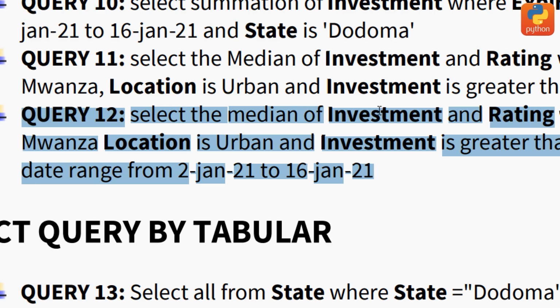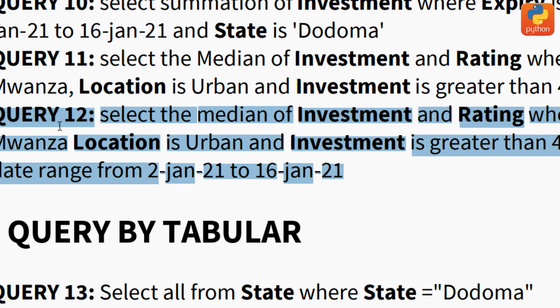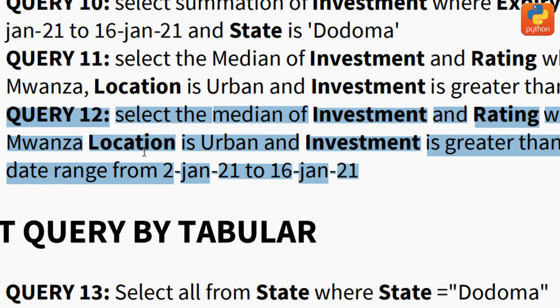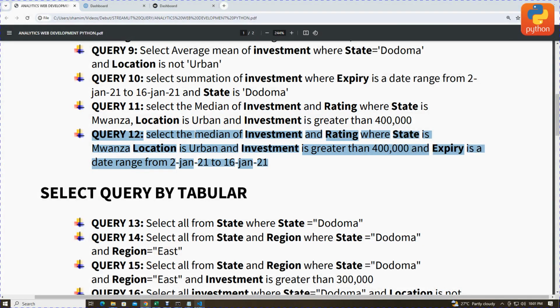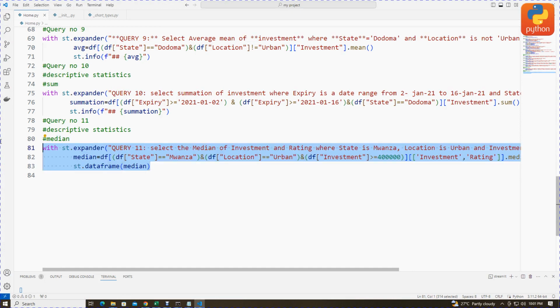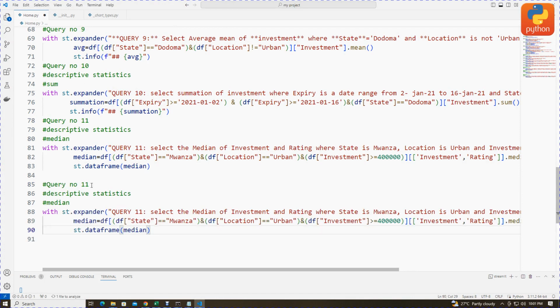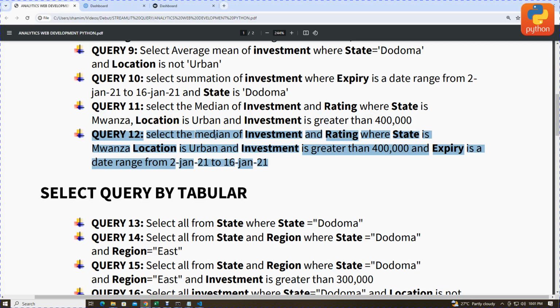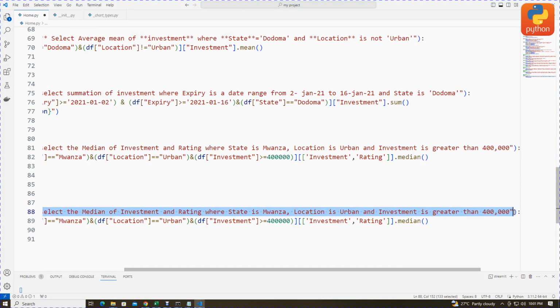Select the median of investment and the rating where state is Mwanza, location is urban, and investment is greater than here hapo, and expire is a date range from this one and this one. I think in the application ya query ambayo ni hii, let's copy the same query and come to duplicate. So this is query number 12, also is median. That's query number 12, and date range, of course nije ni copy hapo and nije ni duplicate hapa. Okay, hapa ambapo nilicopy. So remove this line,